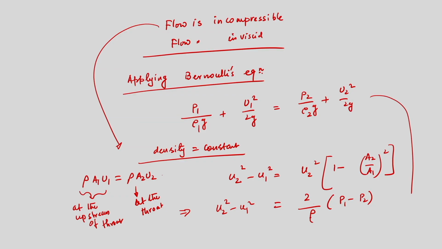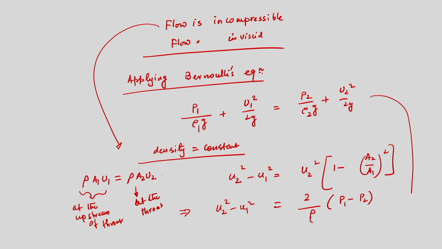But the only thing is that we have considered two assumptions: the flow is incompressible. Again, flow incompressible does not mean the density has to be constant, but we have considered density equal to constant. A variable density flow might be incompressible. It is not the case here, but we have considered density constant. If we consider density constant, by applying the mass conservation equation at two sections, we can calculate the velocity.